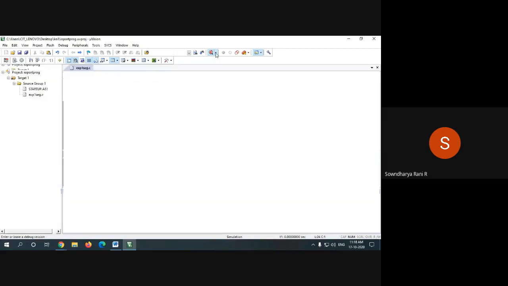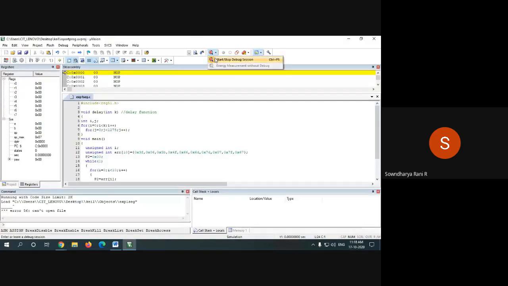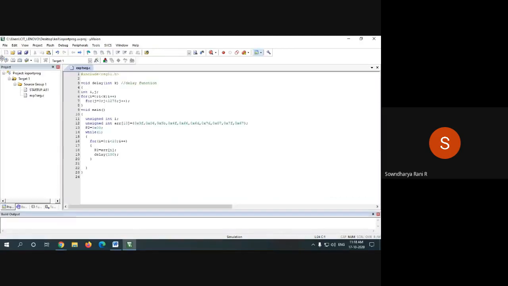Sorry, I forgot to give translate. Before starting the debug session, I have to give translate. There are no errors, and then build it.